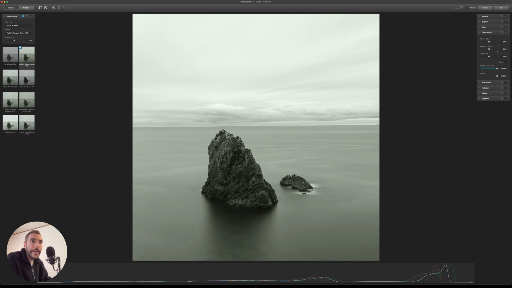In this particular case, since I have a green cast, I can subtract a little bit of this green by moving the magenta green slider to the left ever so slightly, and I will probably get almost the same result as removing saturation in this case, because the only color cast that I have is green. So let me try that. And as you can see, if I go on the left, the image becomes more neutral.